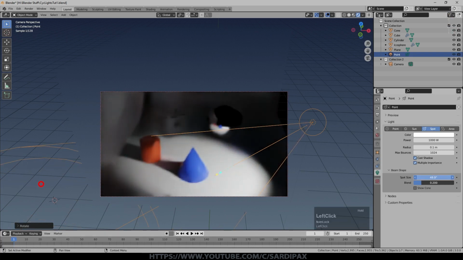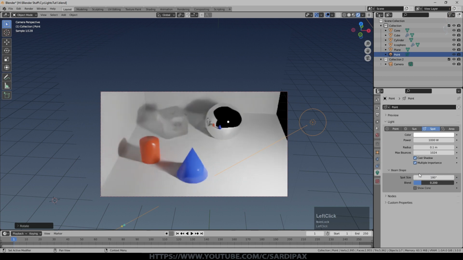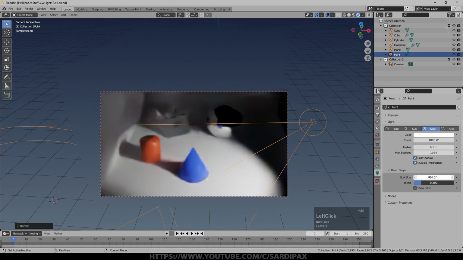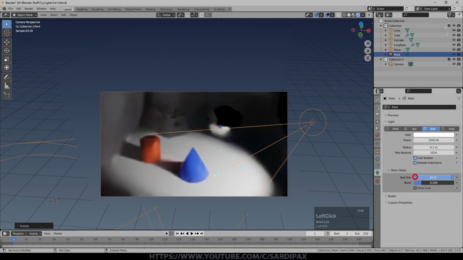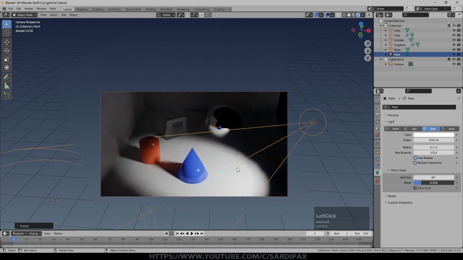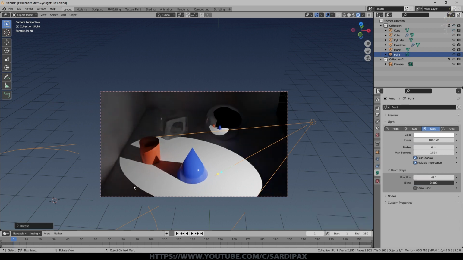And we can widen it up like that. And we can go up all the way to 180 degrees. So it's almost an area lamp at that point. Again, we can play with things like the radius of the lamp, which will also affect how sharp shadows are and so on. So if I turn that right down to 0, that's actually now given a somewhat harder line for the transition. And if I turn the blend down as well, now we've got a completely hard line because I've turned the radius down to 0.